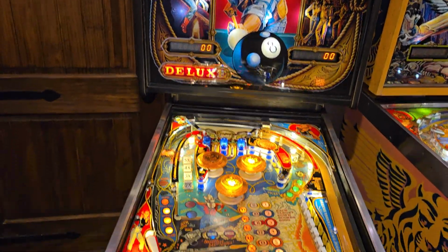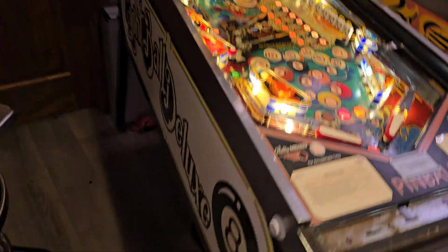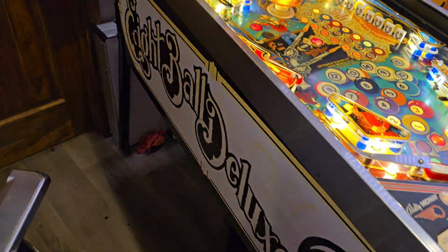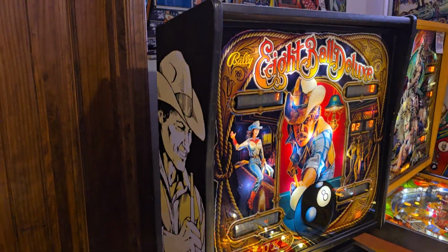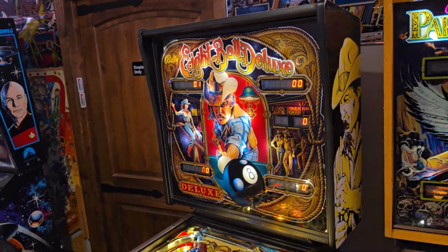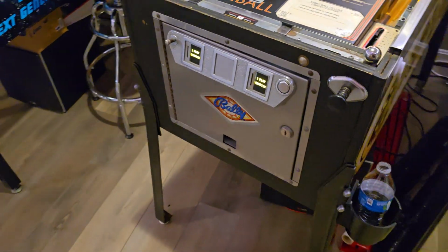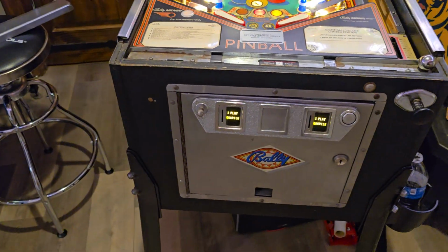Alright, this is my absolutely beautiful 8-Ball Deluxe. This is the 1984 edition. It has absolutely beautiful side art on here that is all original. It has an all original beautiful back glass. More side art on this side. No issues. This is the 1984 version made by Bally Midway, so it did not have art from the factory